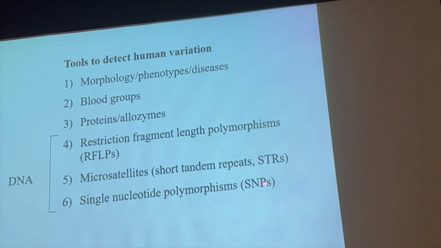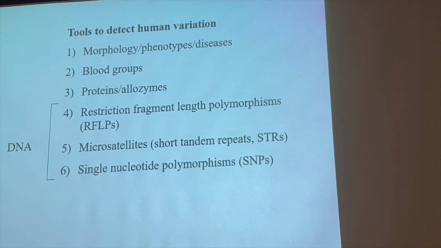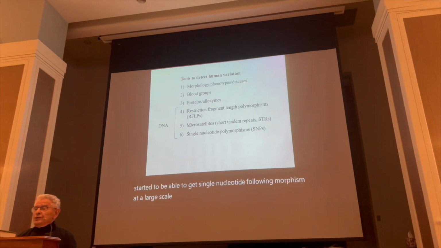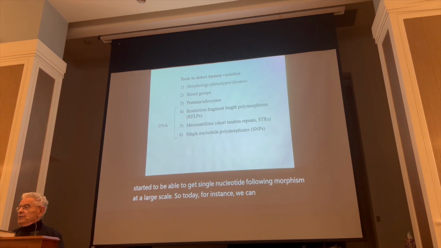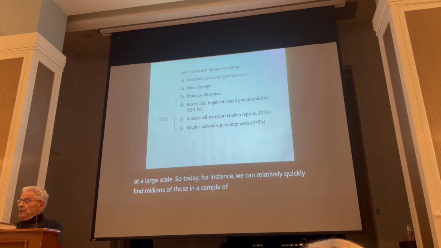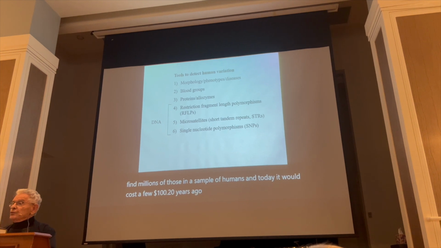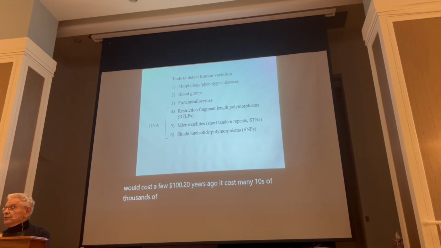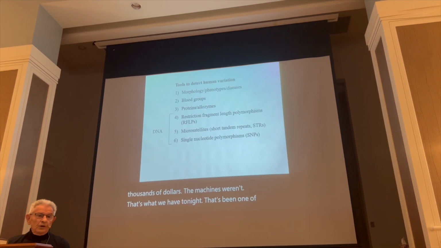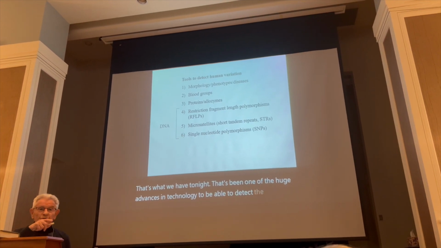And starting around 2000, you started to be able to get single nucleotide polymorphisms at a large scale. So today, for instance, we can relatively quickly find millions of those in a sample of humans. And today it would cost a few hundred dollars. 20 years ago, it cost many tens of thousands of dollars. The machines weren't like the ones we have today. That's been one of the huge advances in technology, to be able to detect the variations between A's and C's